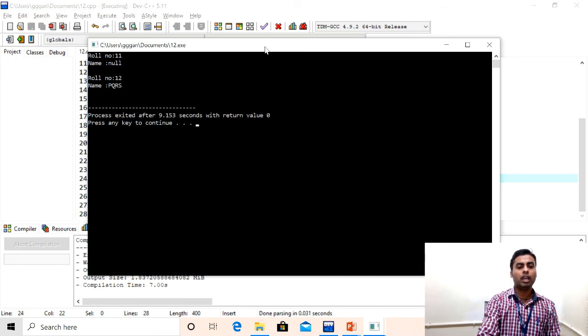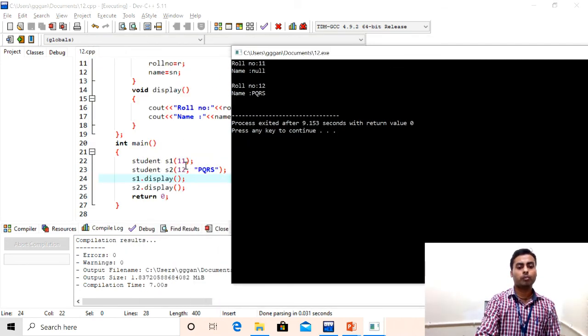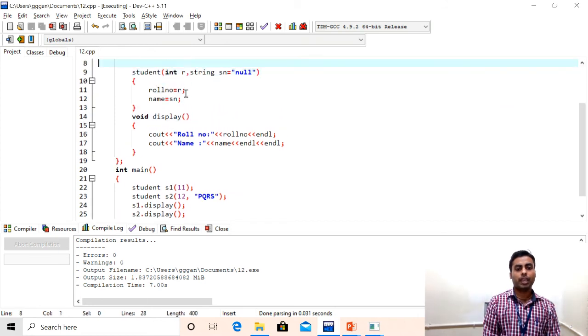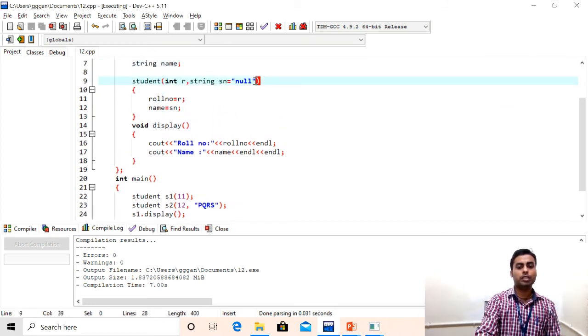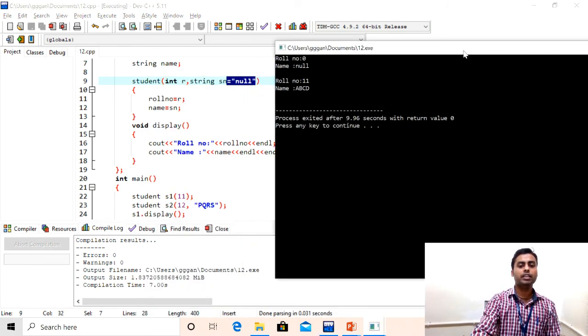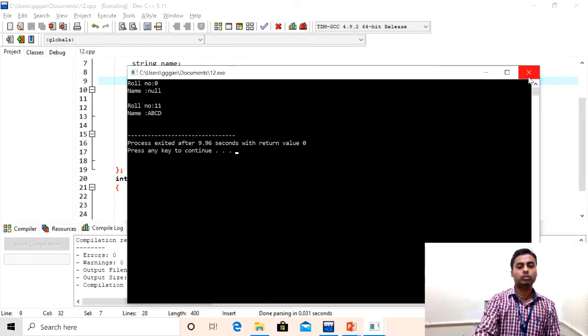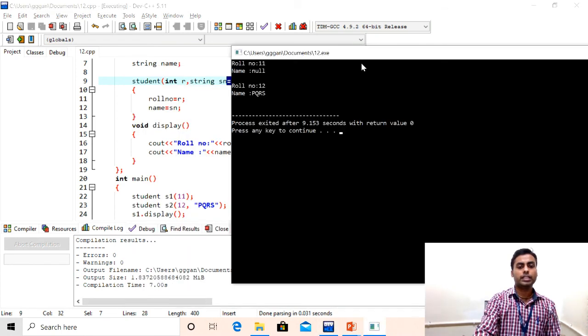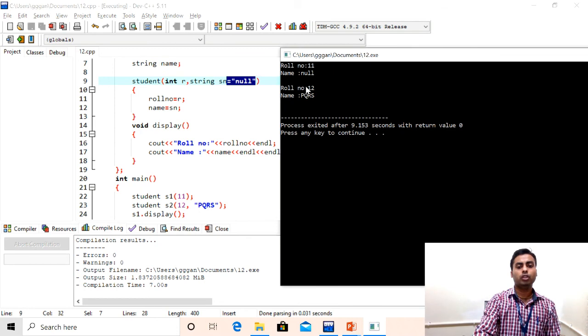See, for the first student the name was not passed, but we have given a default value so that in case the name is not passed, it is put as null. That is seen in your output: null is assigned as the name for roll number 11. But for the second one, when we explicitly specified all the values, the default value is overridden by the explicit value, and that's why the roll number is 12 and the name is PQRS.